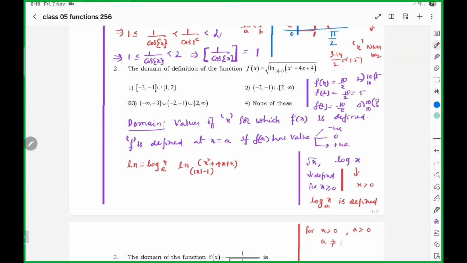Here you can write it as log of x plus 2 whole square, base mod x minus 1. Here it is defined